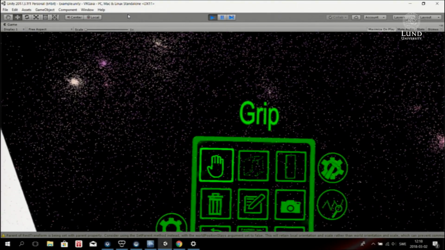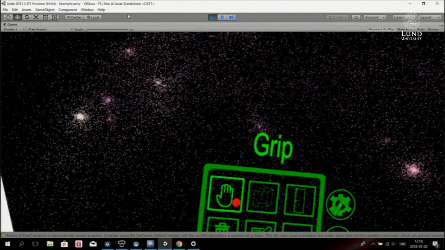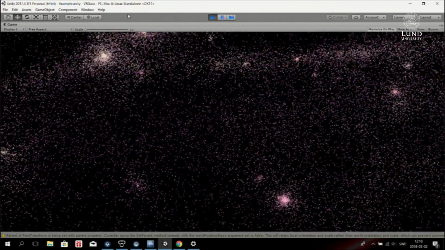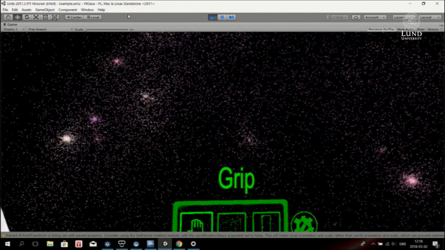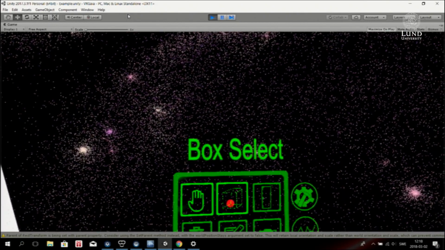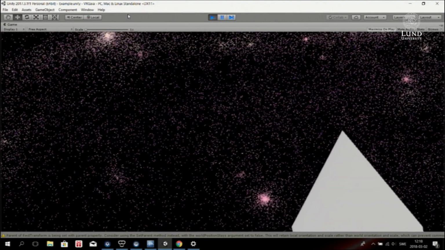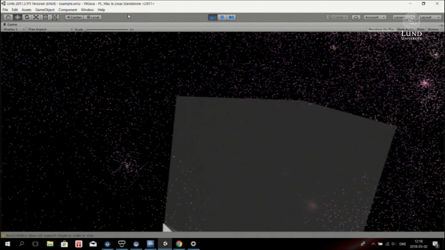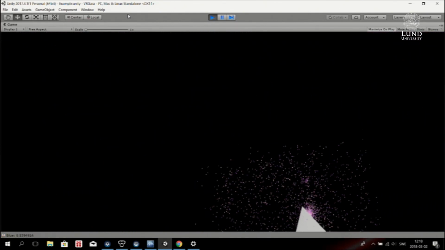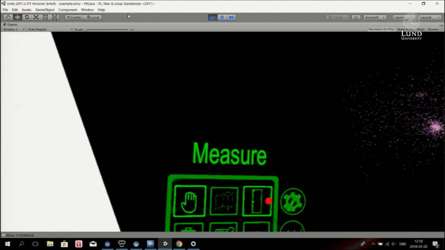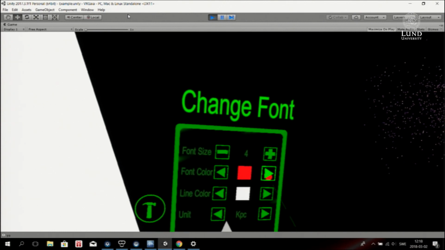A little iPad. So what do you have here? Maybe you can tell us what your... Yes, we have the grip button. It's the thing that lets you grab the elastic, and you have a box selection tool that I can show now, and it lets you select which part you want to see, so you can now only see this part, and you have a measure tool, and maybe we can measure the size of the star cluster there.